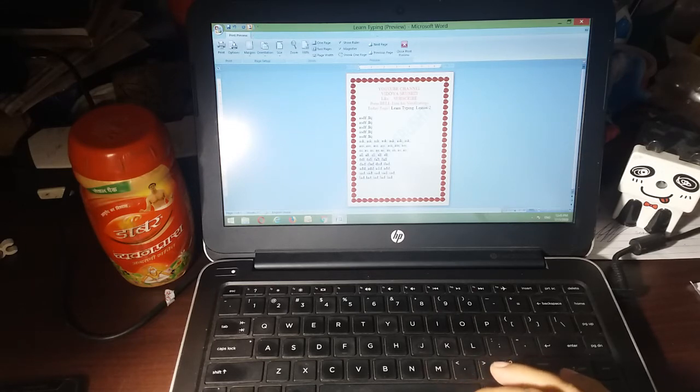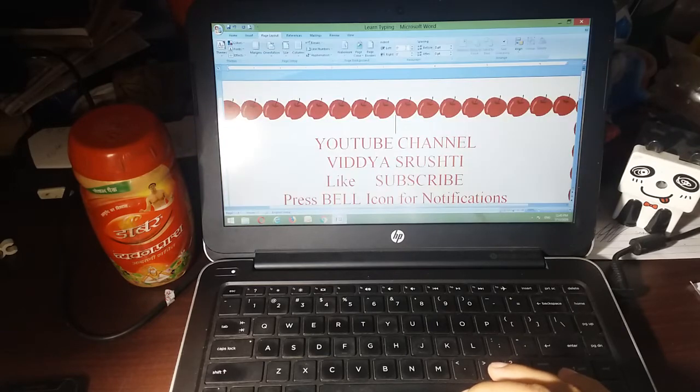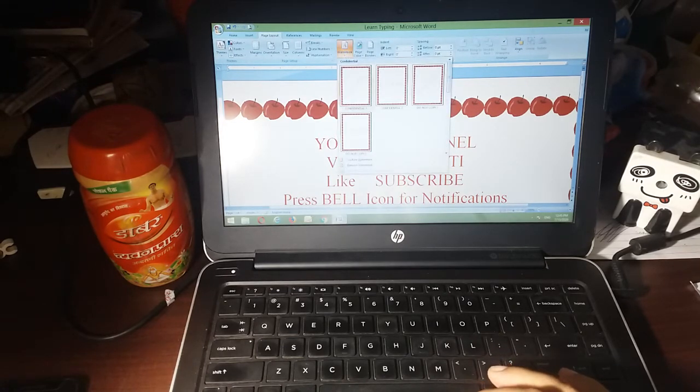Now let us see how we can give the watermark. We will click on close print preview. We will go to watermark. See, here it is written confidential. Here it is written do not copy. Let us click on this do not copy.